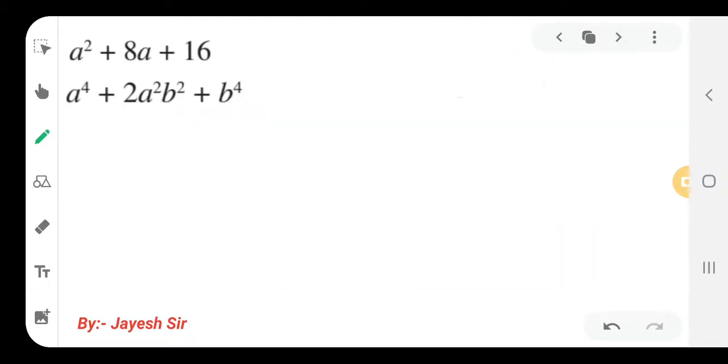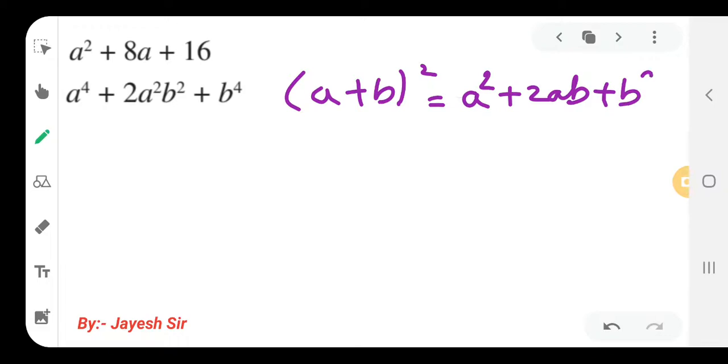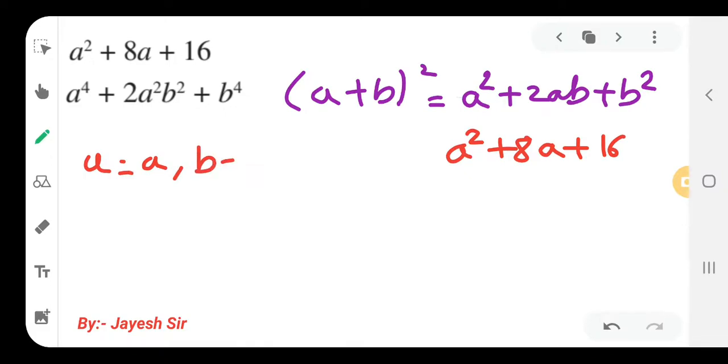Now first, you can see that it is the RHS form of the equation, that is (a plus b) the whole square, because it is a square plus 2ab plus b square form. Now we will compare the RHS with the sum that is given to us. Let us change the color for better understanding. Our question is a square plus 8a plus 16. Now you can compare. Value of a is a as it is. Now b square is equal to 16, we are aware. So because 16 is the square of 4, the value of b is 4.